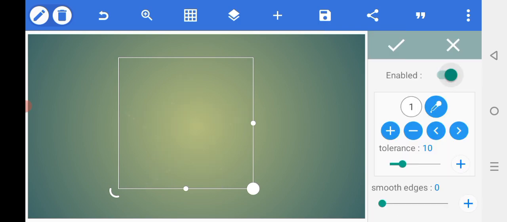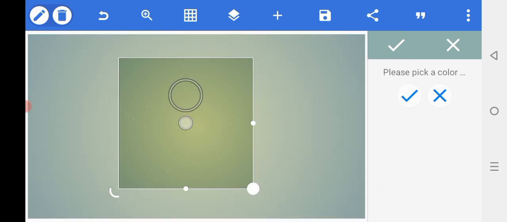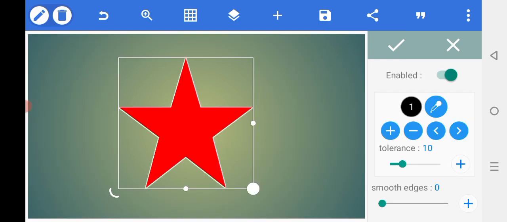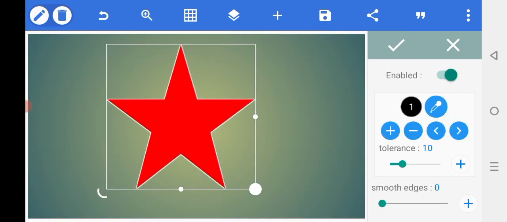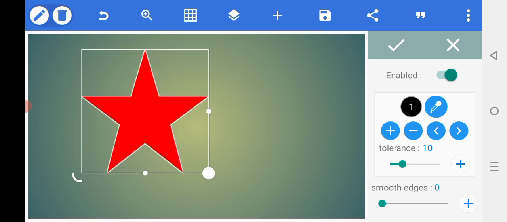How to make a designing shape on Pixel Lab easily. Open the Pixel Lab, select a shape, remove the background color, adjust the shape, duplicate the shape, change the color